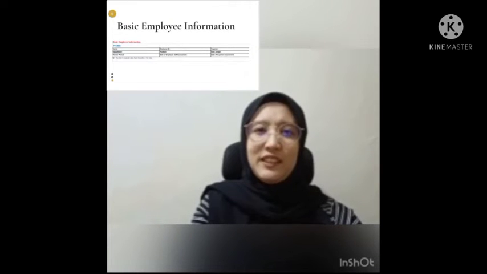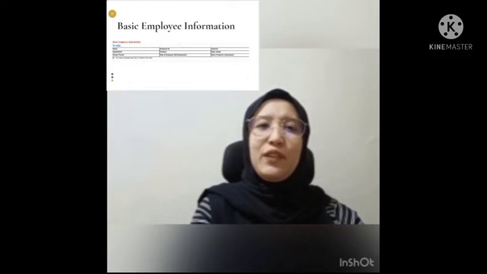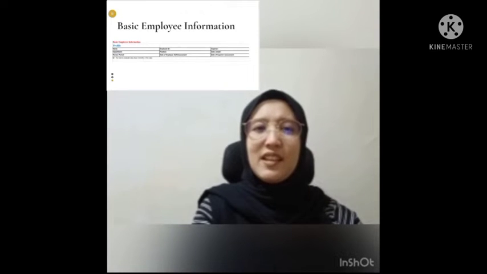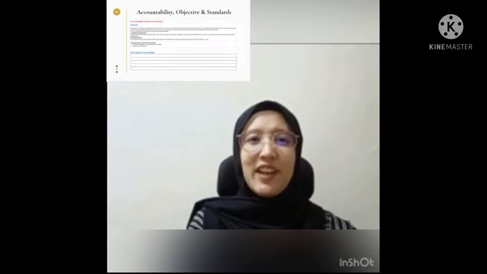In addition, the form usually includes the date of the review period, the number of months and years the rater has supervised and worked with the employee, the employee's starting date with the company, the date of employee self-assessment and the date of superior assessment. For accountabilities, objectives and standards, this section of the form would include the name and description of each